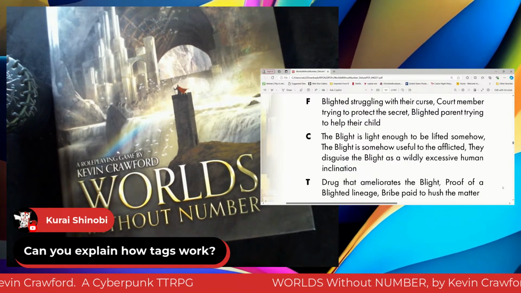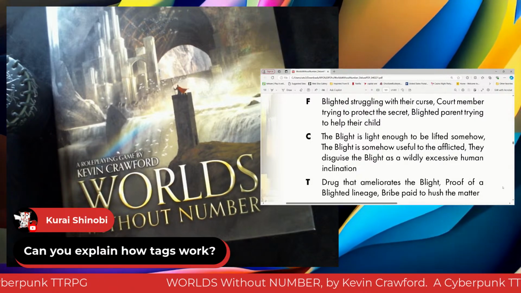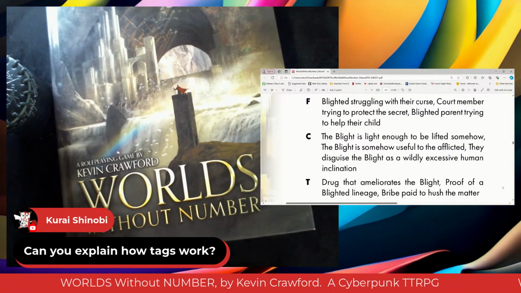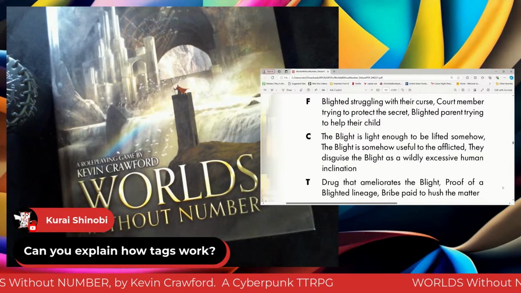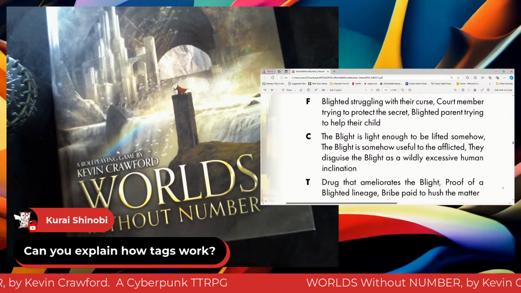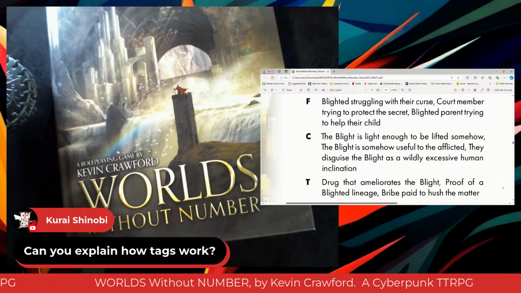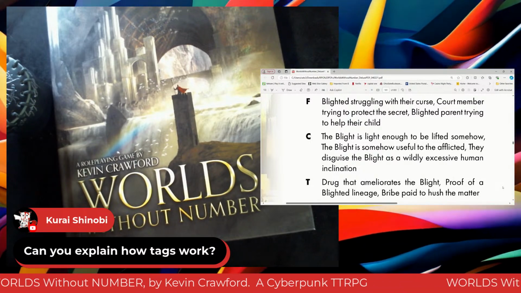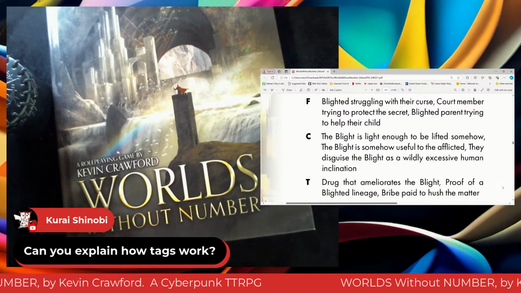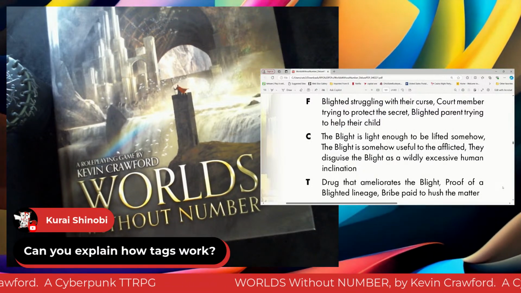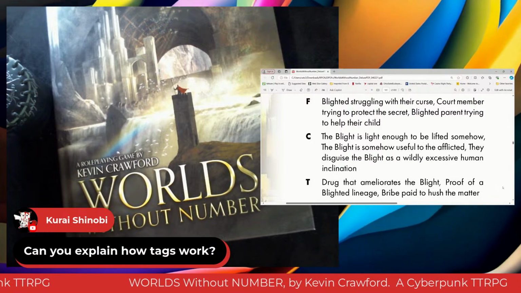And like I said, you could just copy and paste this and go, oh yeah, since the players aren't latching onto the hook I just dropped in front of them, maybe there's a blighted parent trying to help their child, and maybe that parent is asking for help, stumbling down the city streets or something, and everyone's ignoring them, and the players are like, why is everybody ignoring this lady? And that could lead to a story.